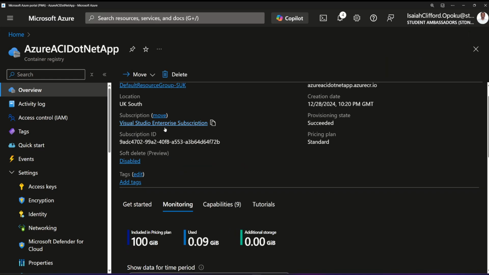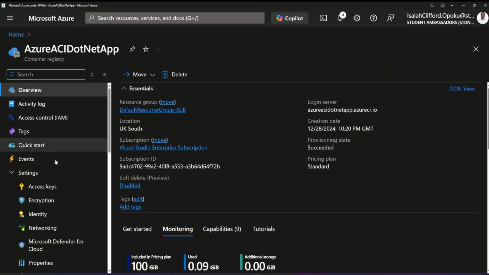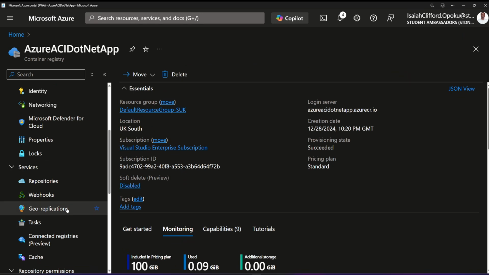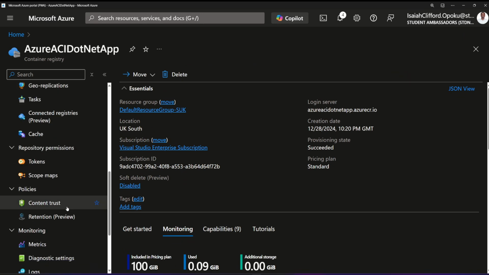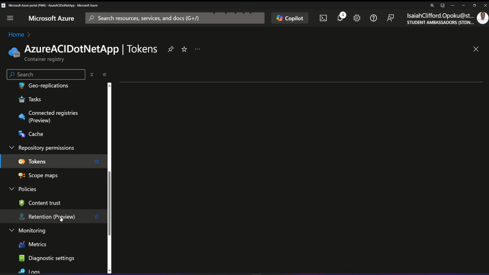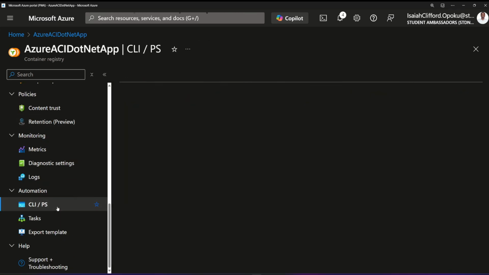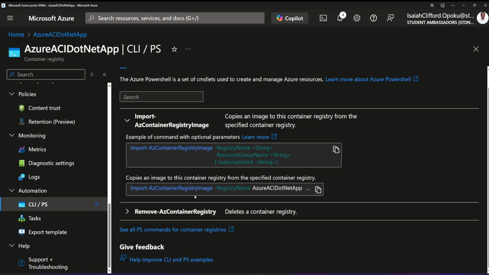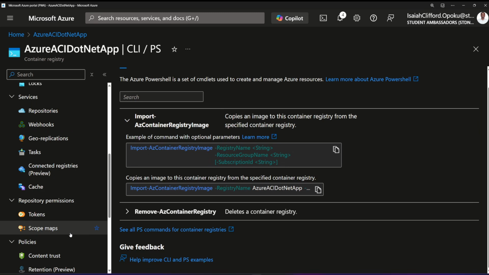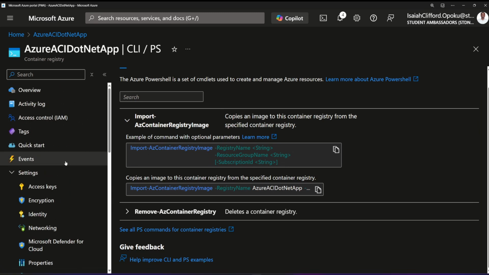So whenever we push in this one, this is how it looks like. You can do a lot of things with tokens, and then you can do a lot of things in here. We can check the CLI if you want to do other stuff. But the goal is, now we have this working, and we want to go and create another container